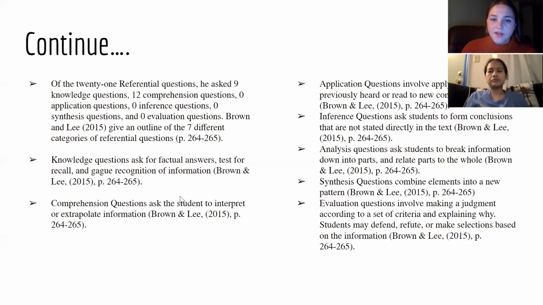As Mr. Weiser implements some of these different types of questioning, it's important that he remembers to give students enough time to think about their answers. Rao explains that when teachers ask questions, they typically only give students a second before they expect a reply. And they also found that with an increased wait time of only 3 seconds or more,